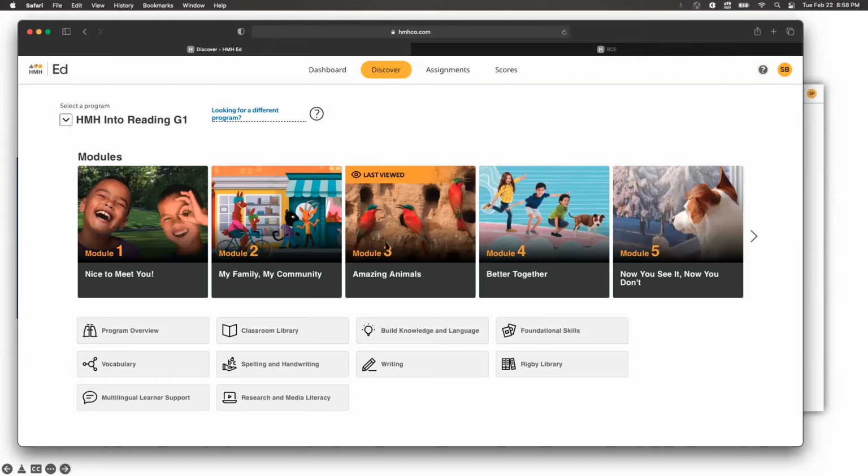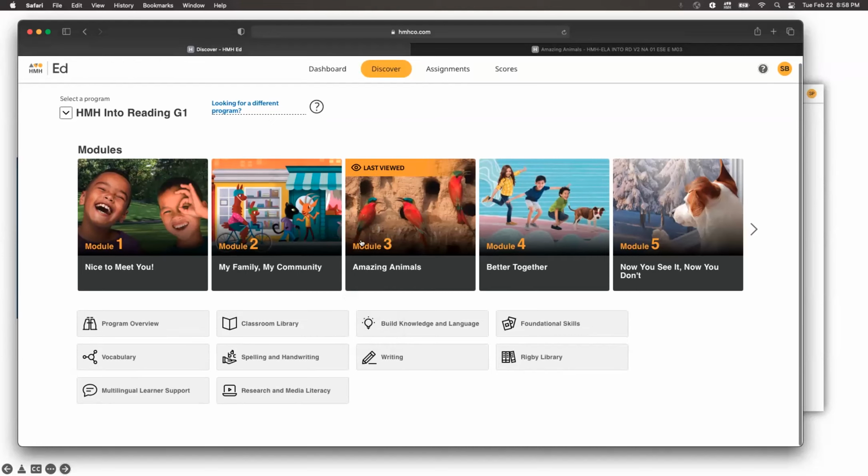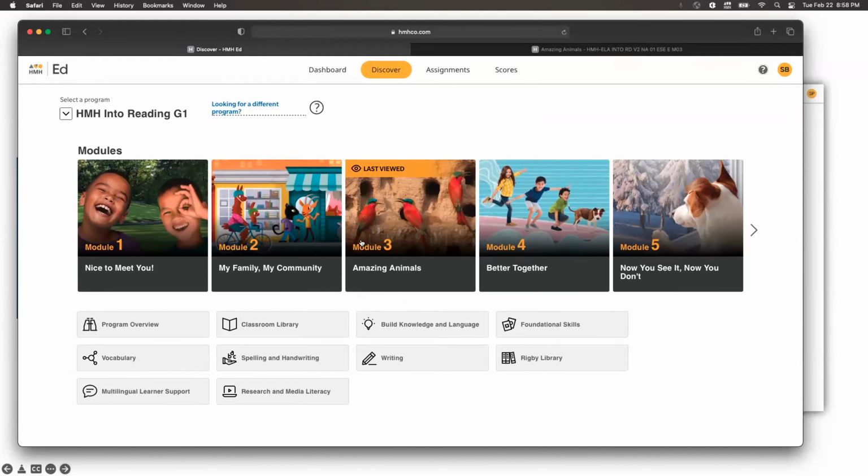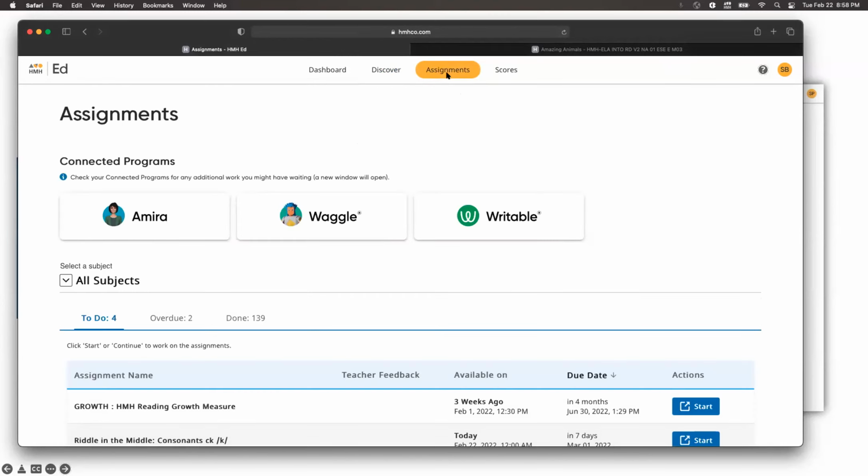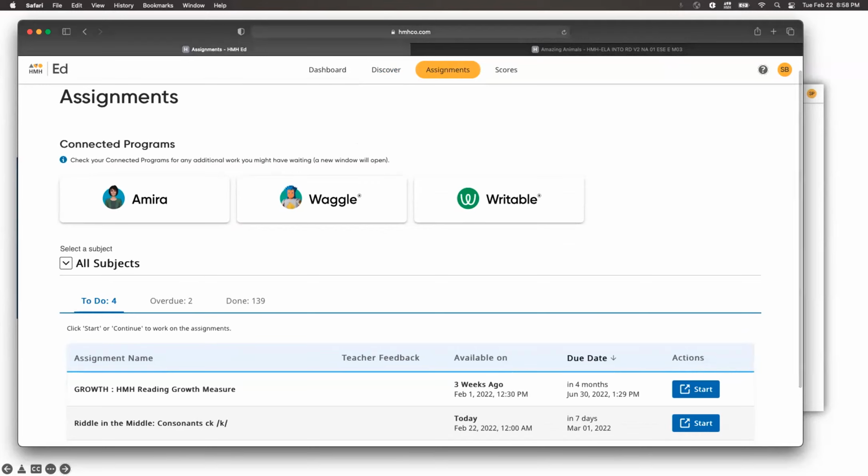We'll go into this one here, and they will, which we'll discuss a little bit later in the session. You'll have access to all of these different materials that are organized down below. And if you want to see any assignments that are due down the road, you can take a peek under the assignments tab, and you'll have access to that information.